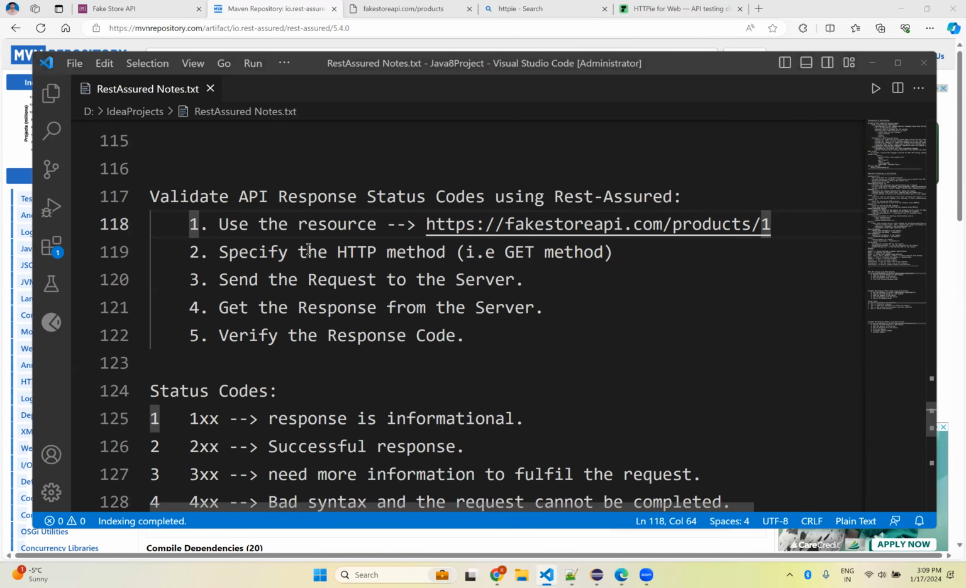fakestoreapi.com/products/1. And I'm going to use the GET method to get the response. So first, we'll send the request to the server. We'll get the response. Once you get the response, we'll verify the response code of that particular response. So if you go to this URL,